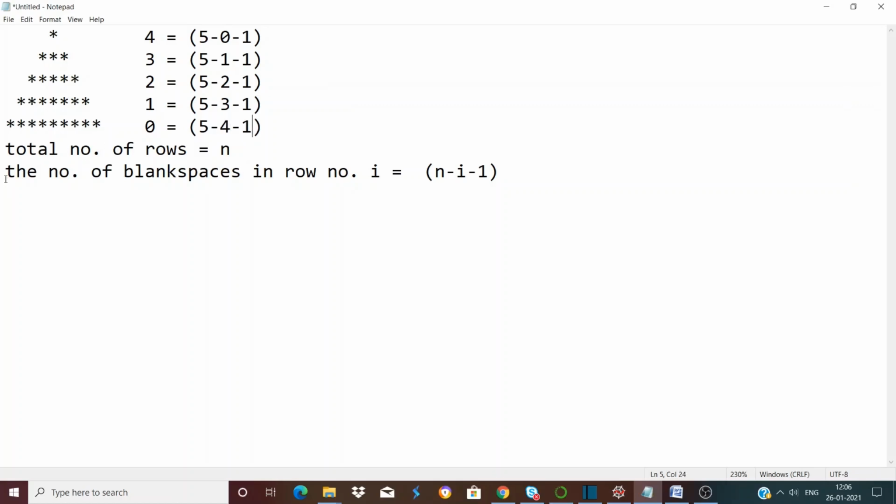So we have got the formula. So we have determined the formula for the total number of blank spaces in row number I.